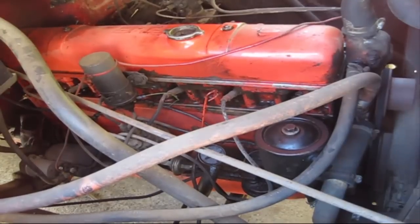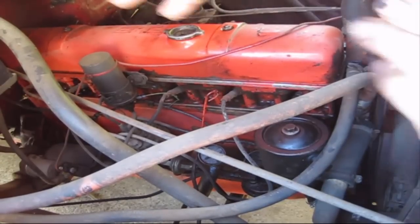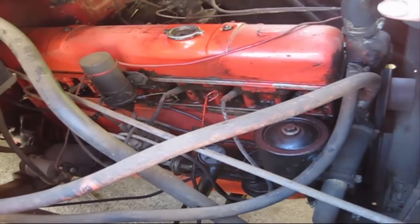Sure, we're okay. You hear that squalling? I've got a vacuum leak. It's on the intake on the back six back here. The head is actually warped where it ran with the exhaust leak for years, so that might be a future video one day. It still sounds good though. Other than that,